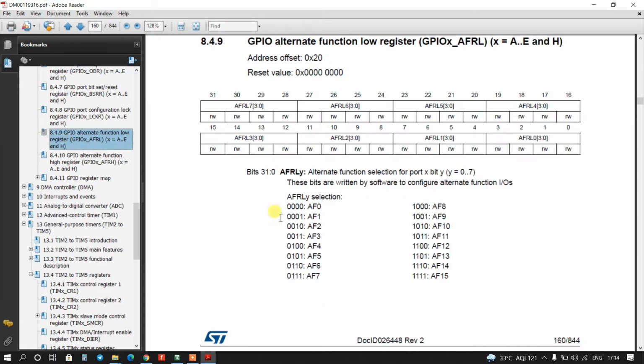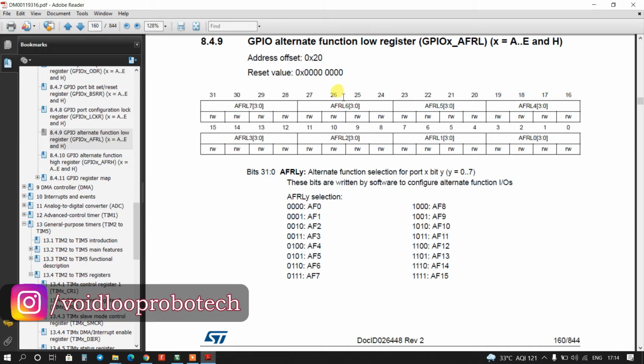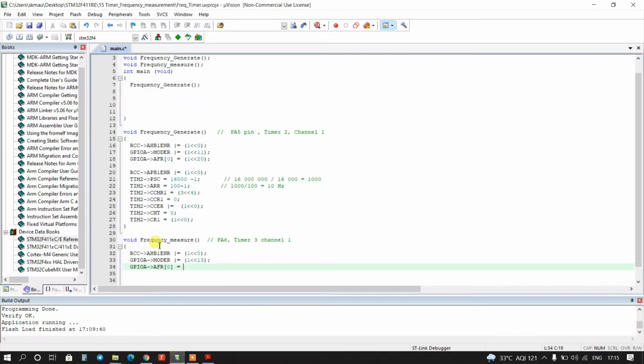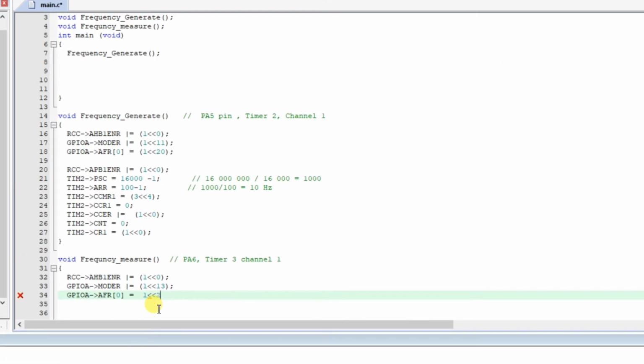Okay, in case of AF2 it will be 0010 because I am using the 6th pin. So bits 24, 25, 26 and 27 are dedicated for PA6. Okay, so it will be 0010, it means the 25th bit will be set. Okay, so 1 left shifted by 25, right?